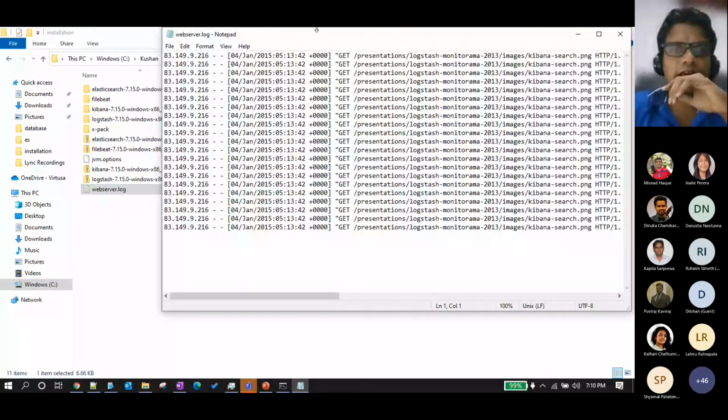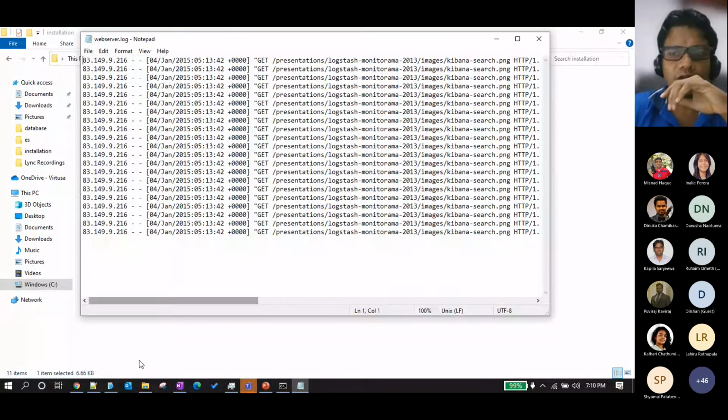So this is the particular log file, the web server log file.